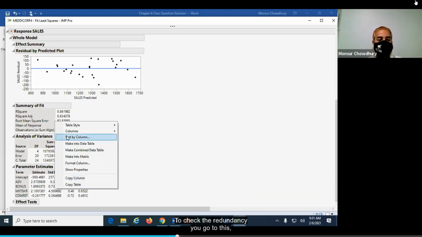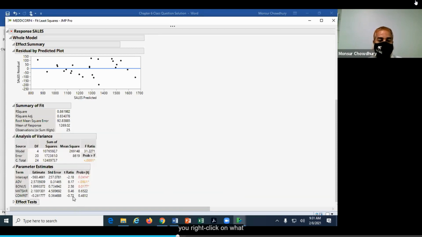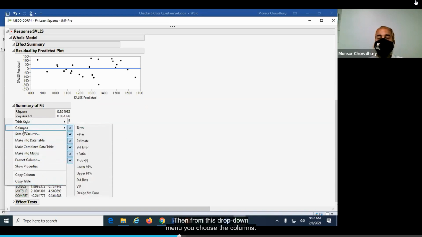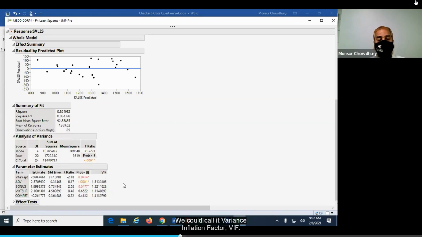To check redundancy, you right-click on the parameter estimates table, and from the drop-down menu you choose Columns, and from these columns you can choose the VIF, the variance inflation factor. VIF tells us whether there is any redundancy among the predictors.